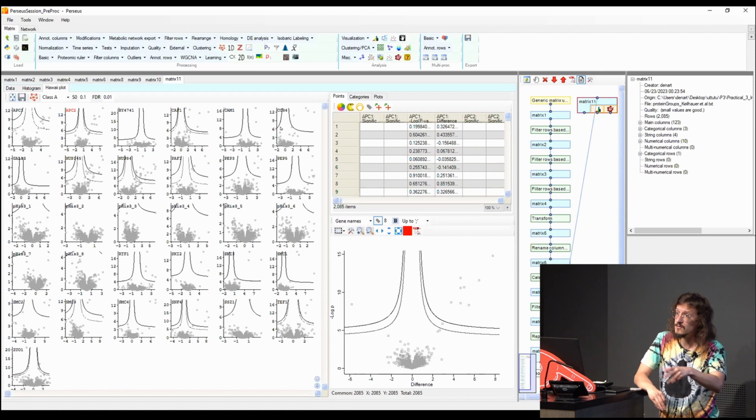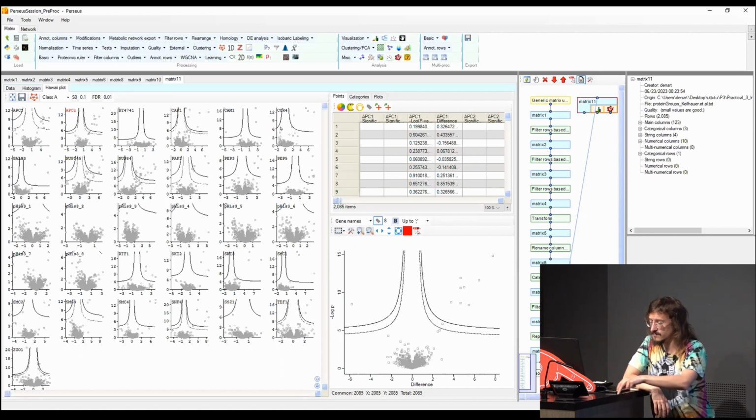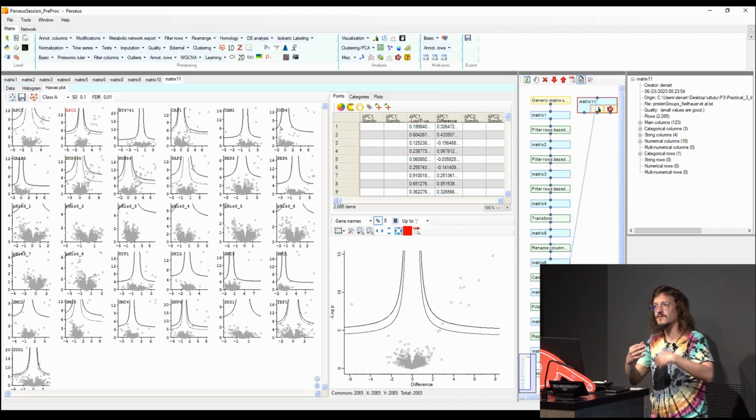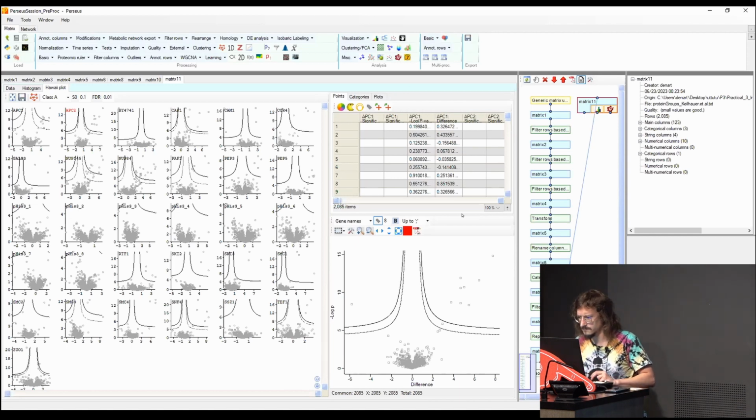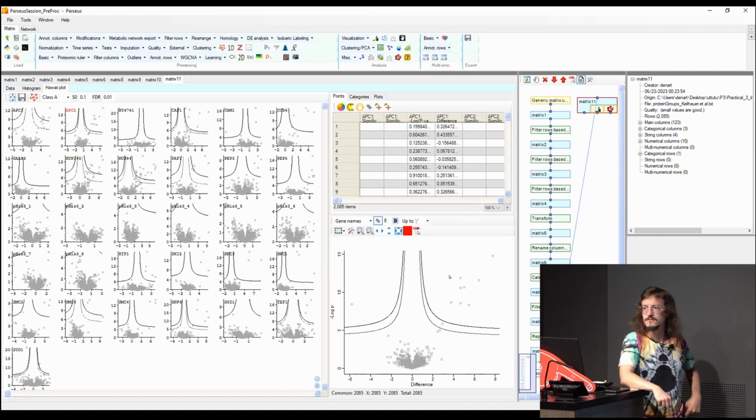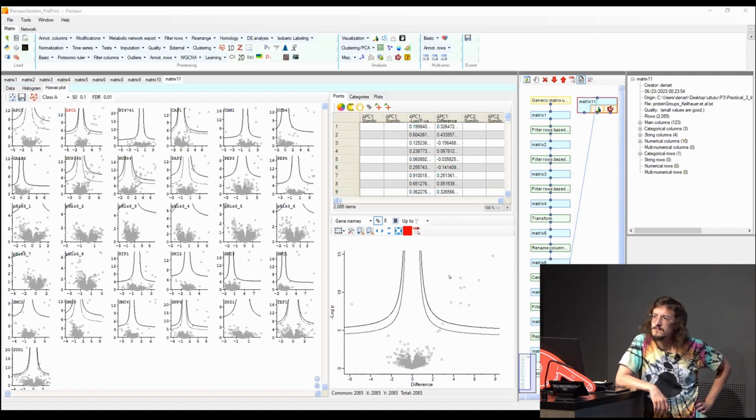The q-value is good when you want to find properly which things were really significant, when you use the FDR and you want to be really sure about the p-values that you get. I guess you could also do it with q-values, and then the curves would become horizontal lines in these kinds of plots. You could also do that.